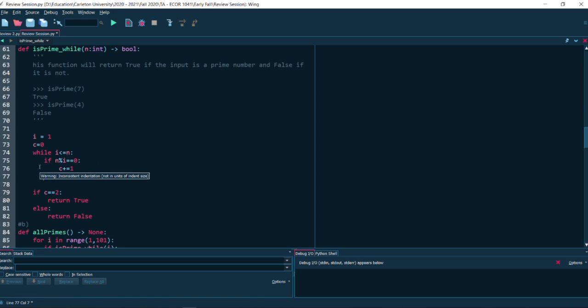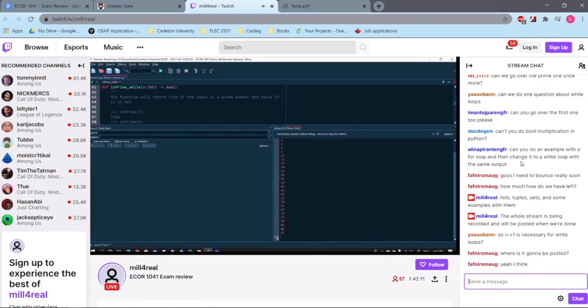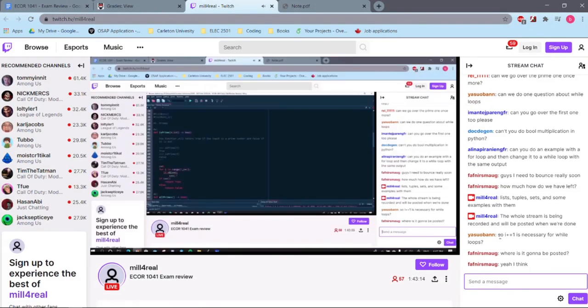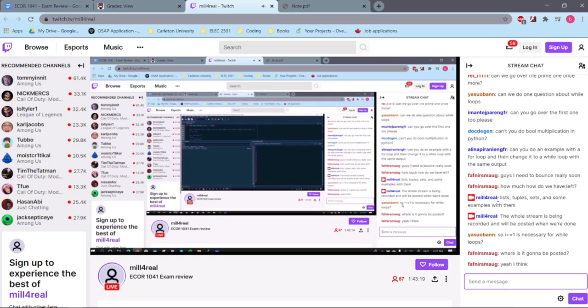But when I do that, I'm actually changing that i value, so now that doesn't happen. So it goes, is 1 less than n, is 2 less than n, is 3 less than n, is 4 less than n. And then depending on our n value, it will just stop. And now you can see our program is happy again. You can tell that it finished executing because these little signs are back now. So it's back to being a shell. Yes, i plus 1 is necessary for while loops. That's exactly right, because if you remove it, you'll get an infinite loop.